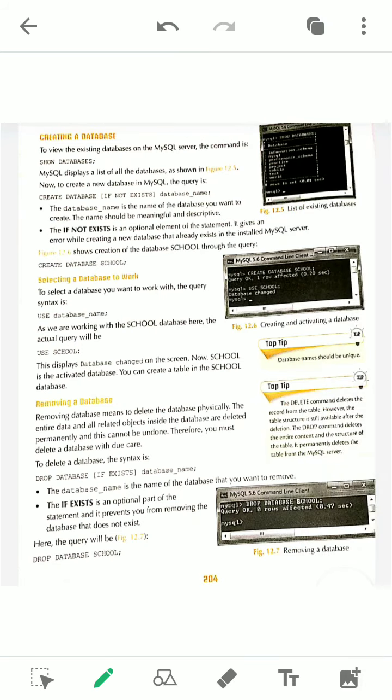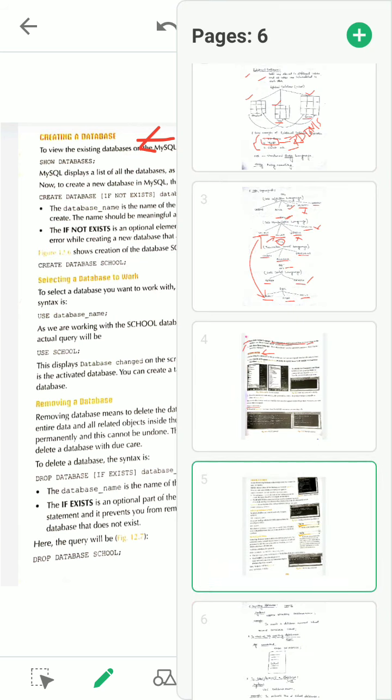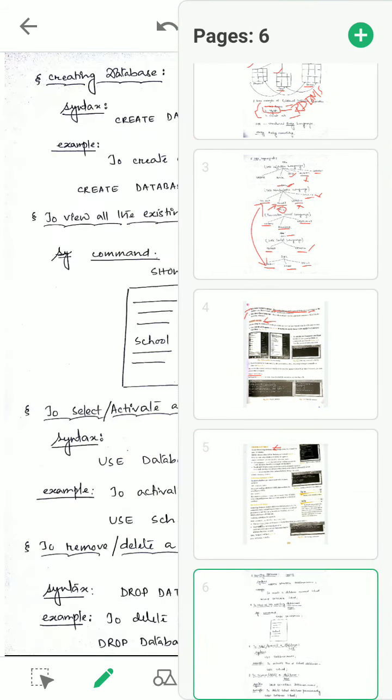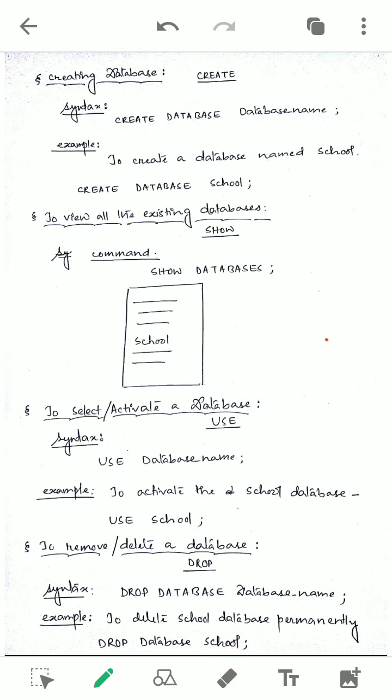In this page, creating a database. So creating a database, how to create a database, here I have given a shortcut. Okay, while watching these videos you are asked to write all the explanation very nicely in your copy, because when school resumes, this copy will help you, and it is better than your book, because here you will get the shortcut things and it will help you understand very easily.